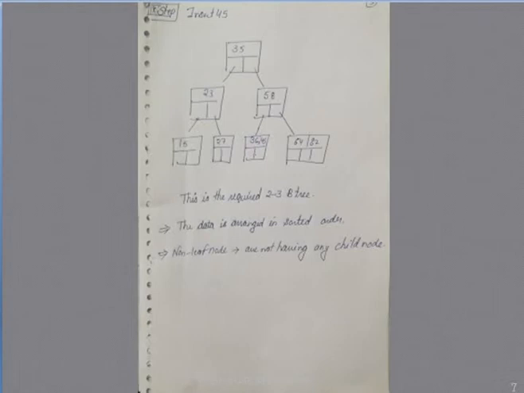So the non-leaf nodes are at the same level. That is not the non-leaf. This is the leaf node. The leaf nodes are those nodes that do not have any further child node. So these nodes 5, 27, 36, 64, 82 all are at the same level, and the non-leaf nodes are not having any child node.